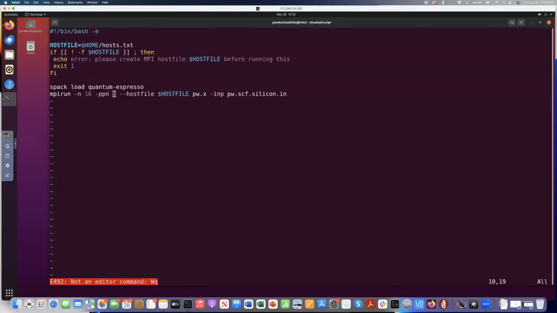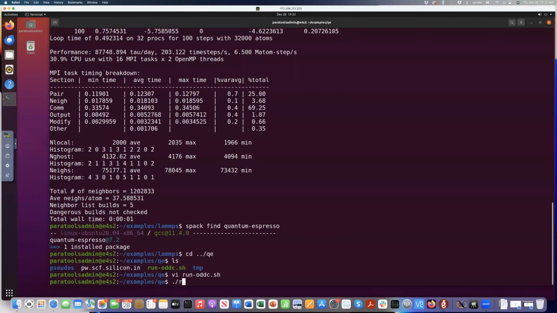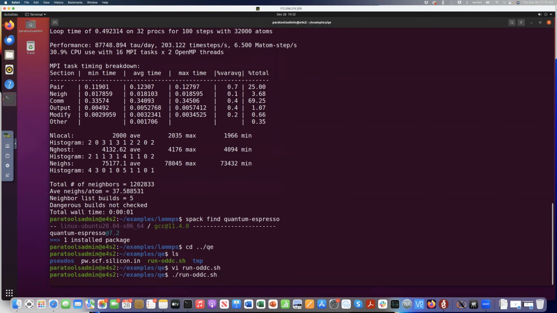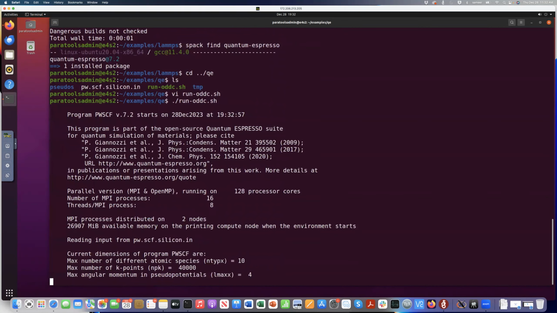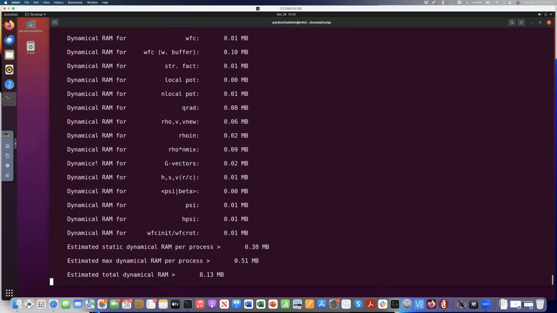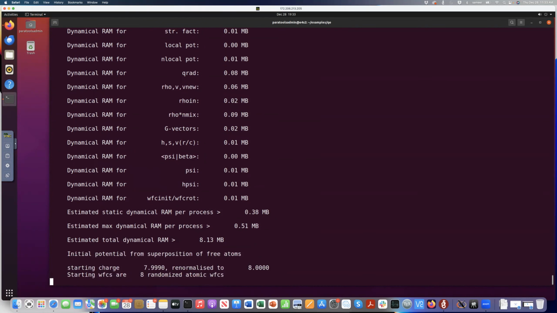Use the two hosts over here and say run ODDC.sh. This will run the Quantum Espresso package on the cluster. And Quantum Espresso is another quantum chemistry package